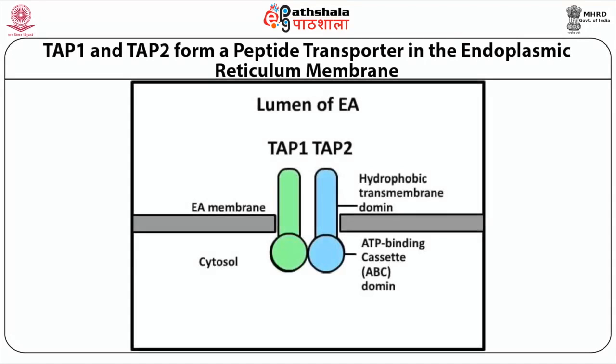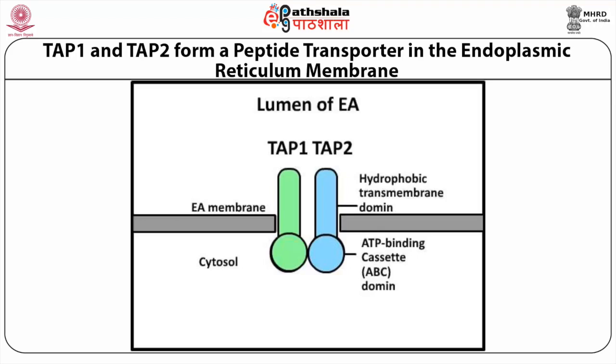We have just mentioned the example of viruses infecting cells like dendritic cells and synthesizing proteins, which takes place in the cytosol. However, the export of the proteins to the cell surface is via the endoplasmic reticulum. The peptide binding to MHC class I protein takes place also in the endoplasmic reticulum. There are two ATP binding cassette, that is ABC, proteins which are associated with the endoplasmic reticulum membrane. These are called transporter associated with antigen processing 1 and 2, that is TAP1 and TAP2. These occur together as a dimer.